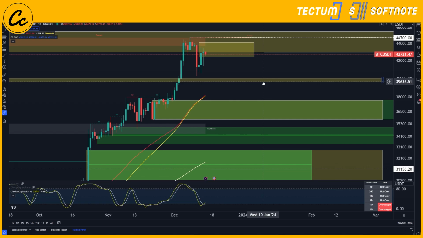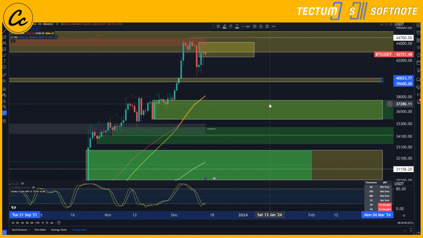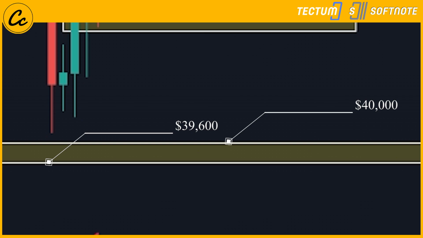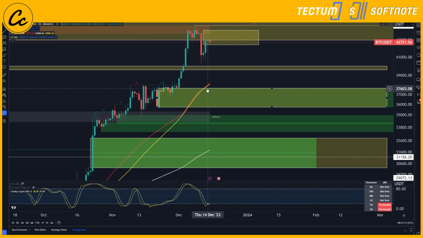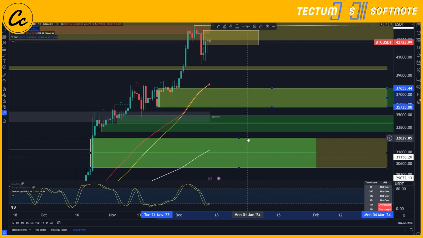As you can see, our next area of support, or an area of interest for support, comes in at $39,600 to 40,000. I'll just call it 40,000 flat to be really simple. So basically $39,600 to $40,000. If we were to lose this area, we do have our 50 EMA and 50 SMA hovering around the $38,000 level. This is actually just above a fair value gap on the price chart, coming in at $35,735 to